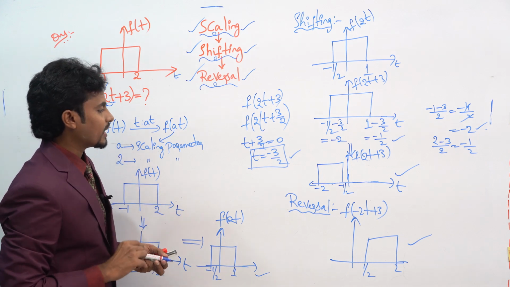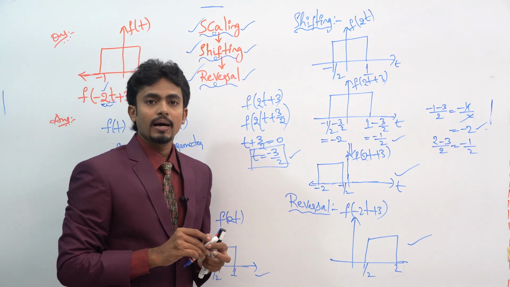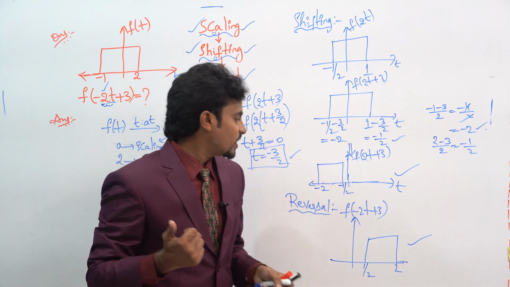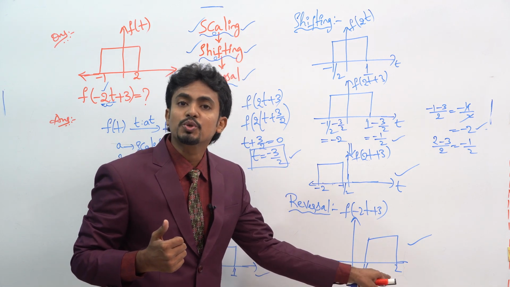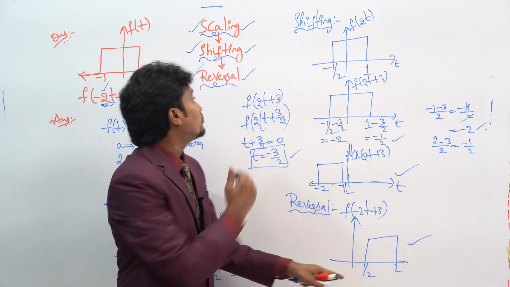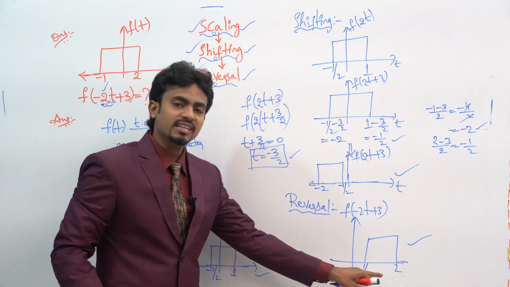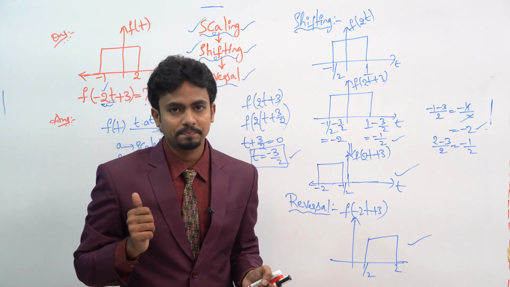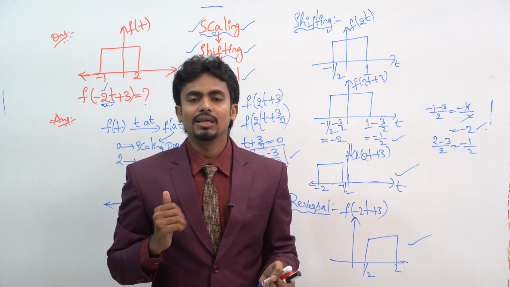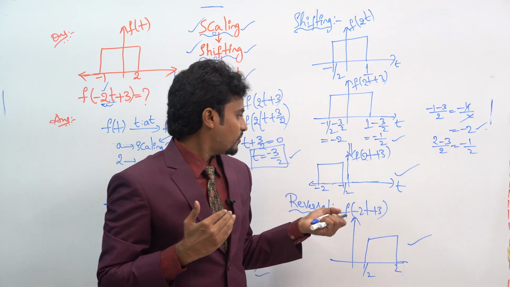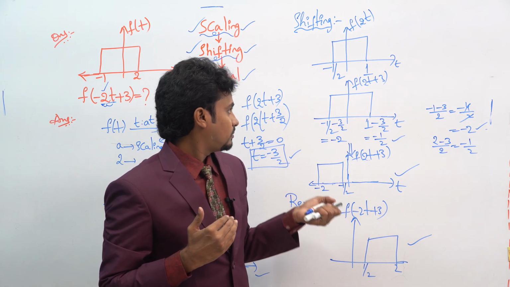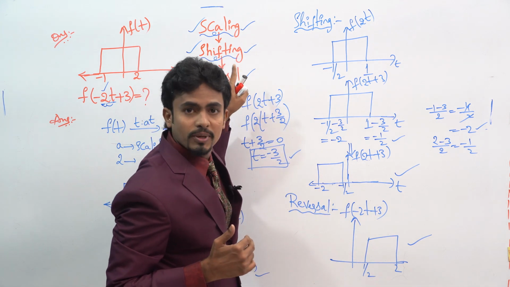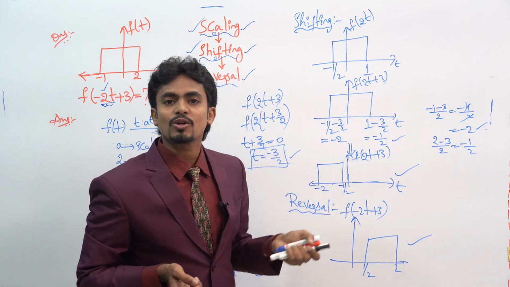Here you can observe one thing clearly. In the previous method also we got the same answer, that is 1 by 2 and 2. And here, if we swap the operations also, we get the same output, 1 by 2 and 2. Hence our answer is right. In the next problem, we will try one more swap, to see whether we get the same answer or not.